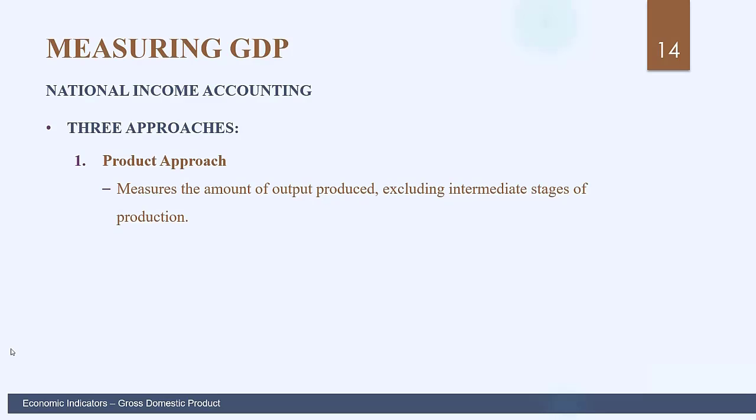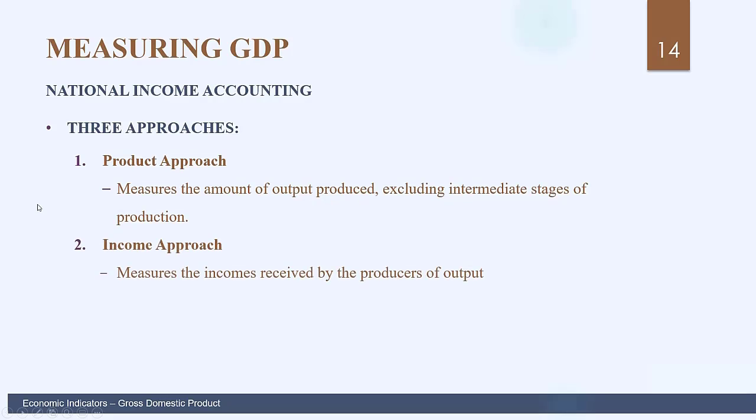And it's important to point out that we are only considering the final dollar value of goods and services. We're not including intermediate goods, because if we do that, we would be double counting. If we include the cost of the steering wheel in the car plus the final value of the car in our GDP, we would be overstating the amount of production, because the final value of the car includes the cost of that steering wheel.